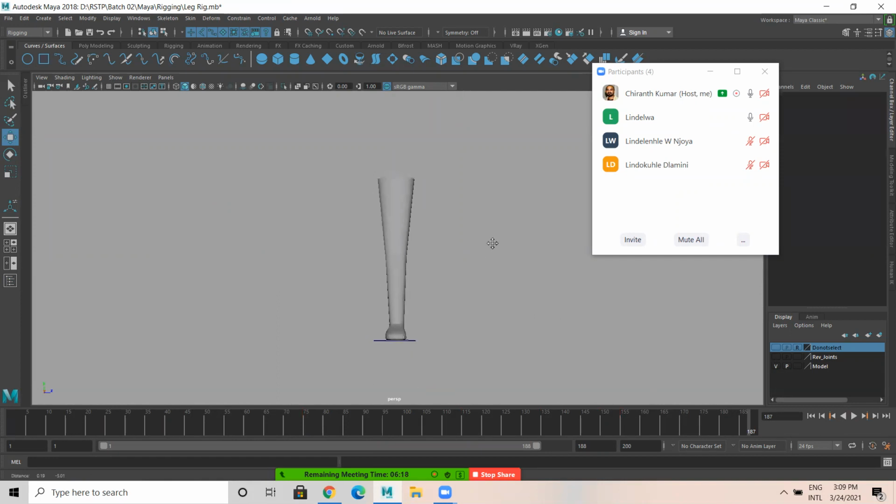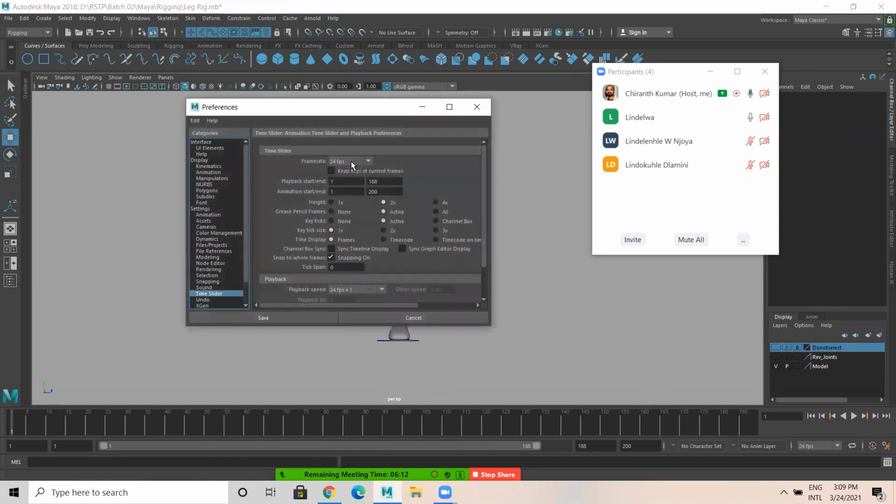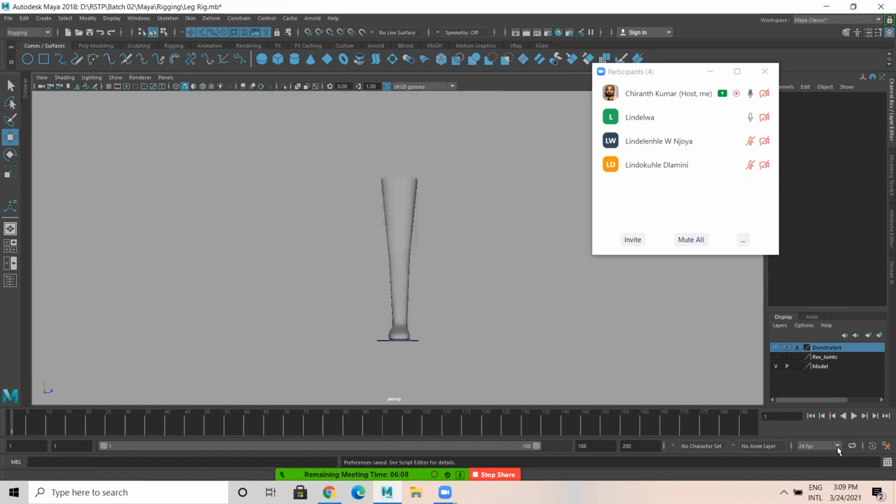In the settings and preferences, I have to make this into 24 FPS. Save.